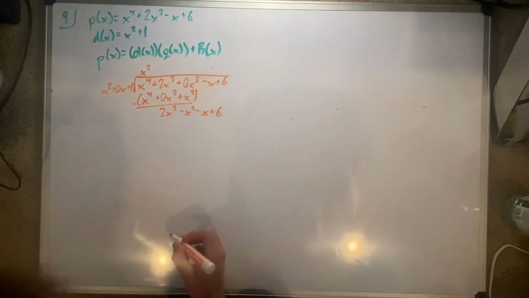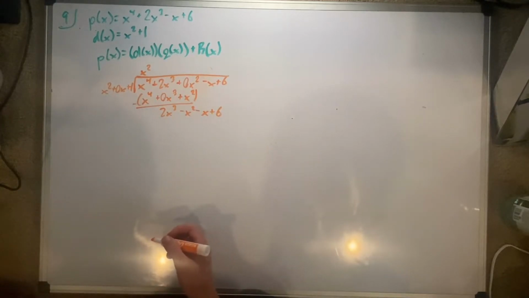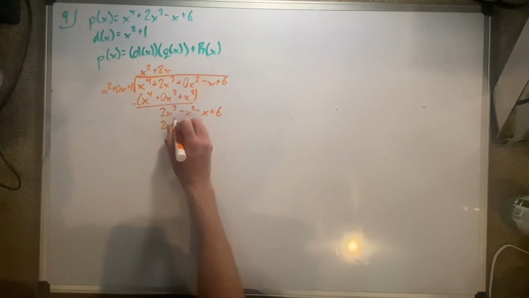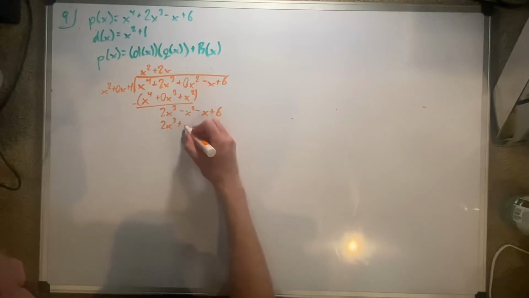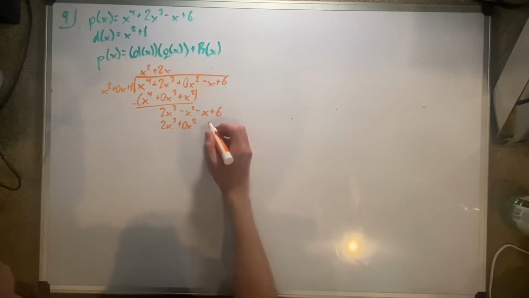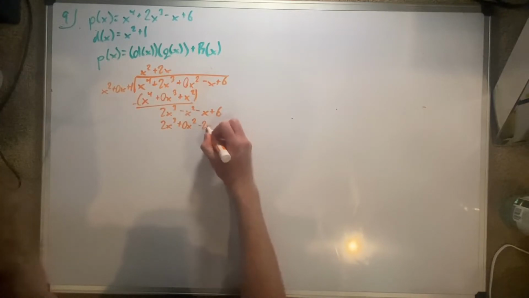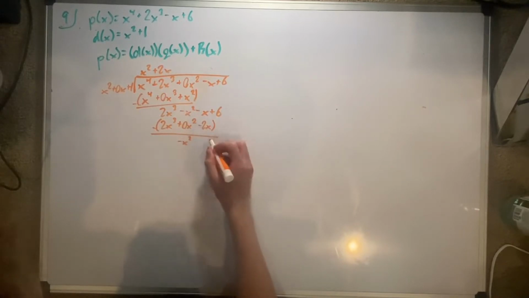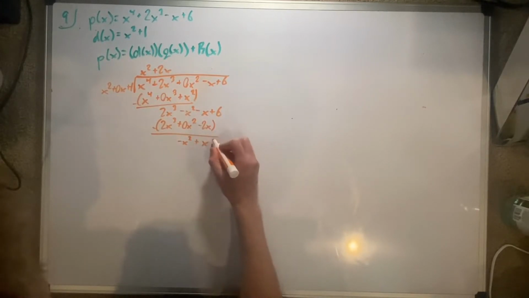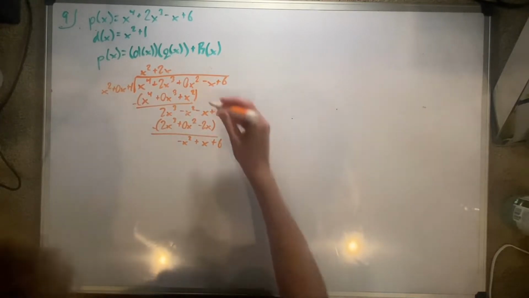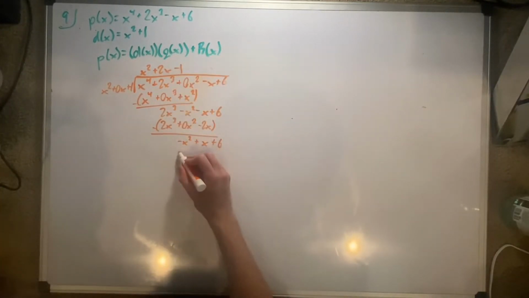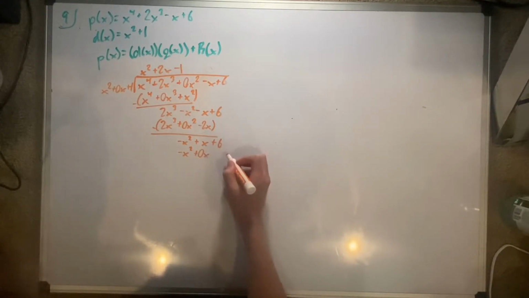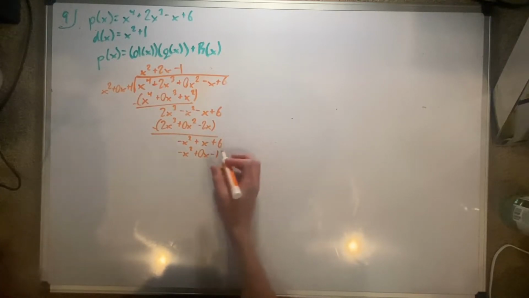Notice how that x squared term popped up seemingly out of nowhere. So now we will hit it again with a plus 2x. So we'll have 2x cubed plus 0x squared minus 2x, subtract, we'll have negative x squared plus x plus 6, and then we'll hit this with a negative 1. So then we'll go negative x squared plus 0x minus 1,